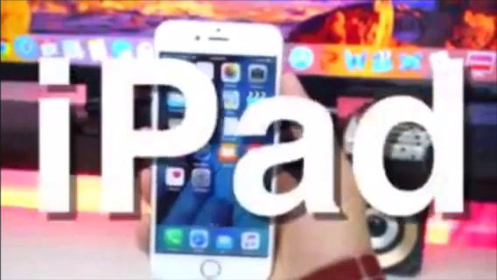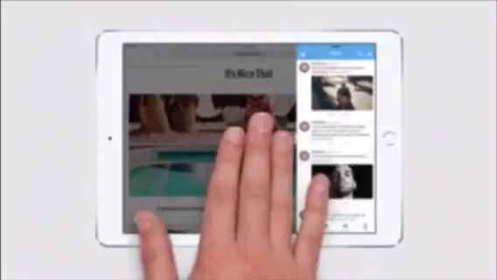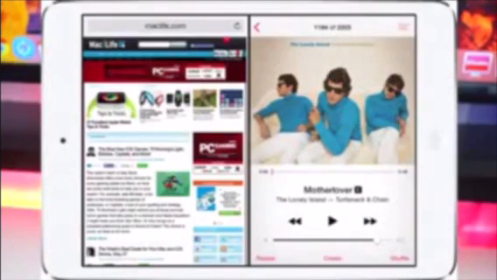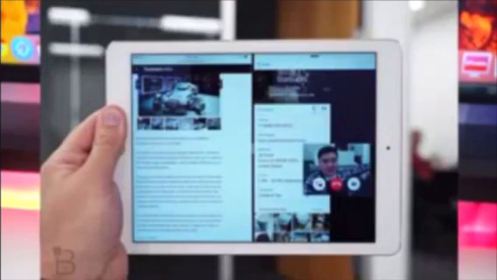Now, iOS 9 does introduce some cool multitasking features, but unfortunately they are exclusive to the iPads. So for example, the iPads have slide over, so basically you can slide in a second app and use it. And then you have split view, so you can basically view and interact with two apps side by side. And also you do have picture in picture, so you can continue watching a video no matter where you